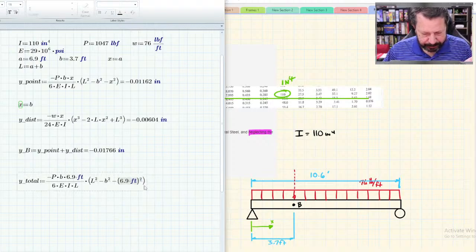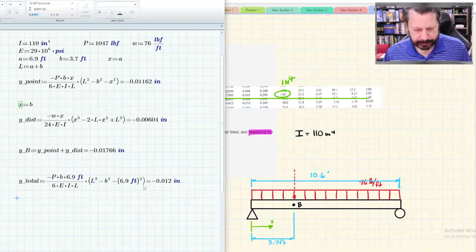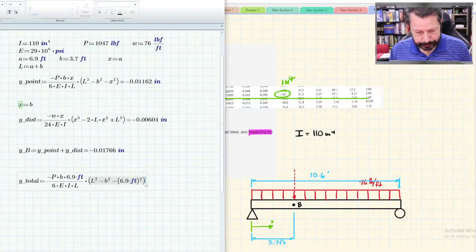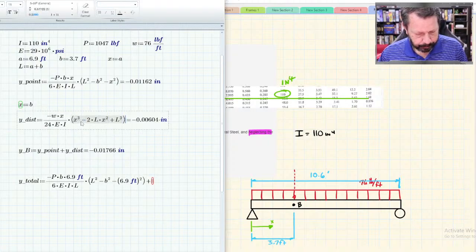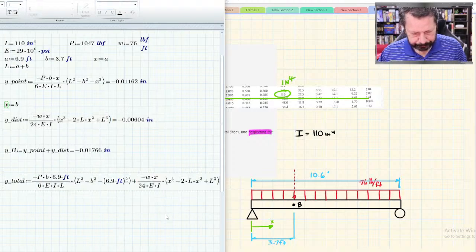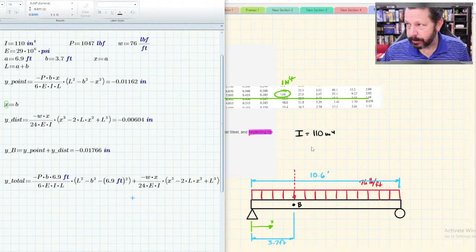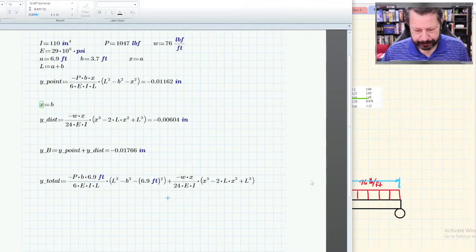Okay, now does it give me the same? Let me make sure it gives me the same number it did before. It does. All right, so that's fine. We need those parentheses, plus, so all of that, plus this guy. This one we can leave x at b because that's fine. All right, so if we need to make our window bigger because we ran off the screen. All right, so let's make sure that these add together to give us the,